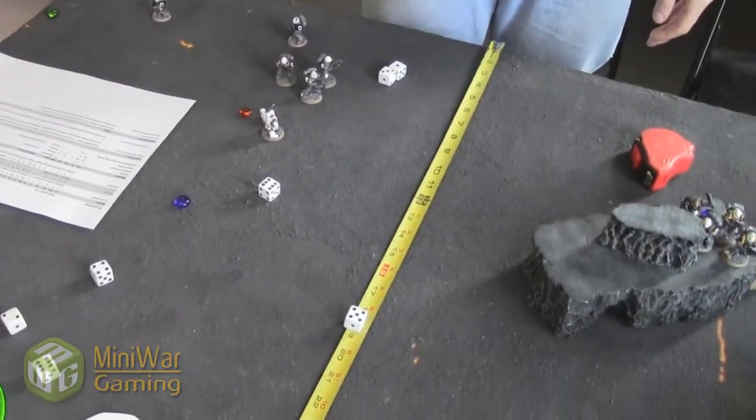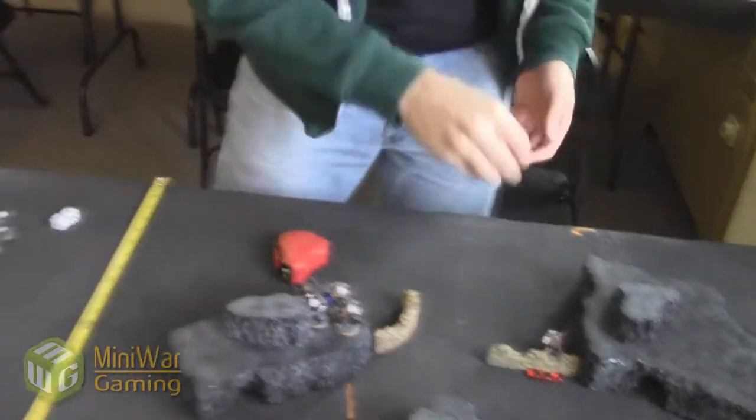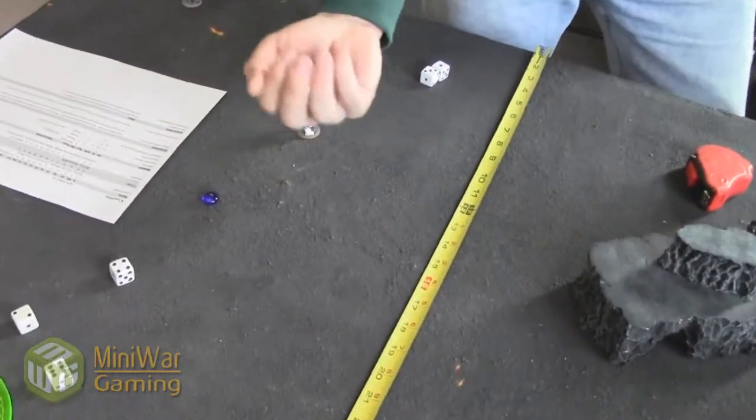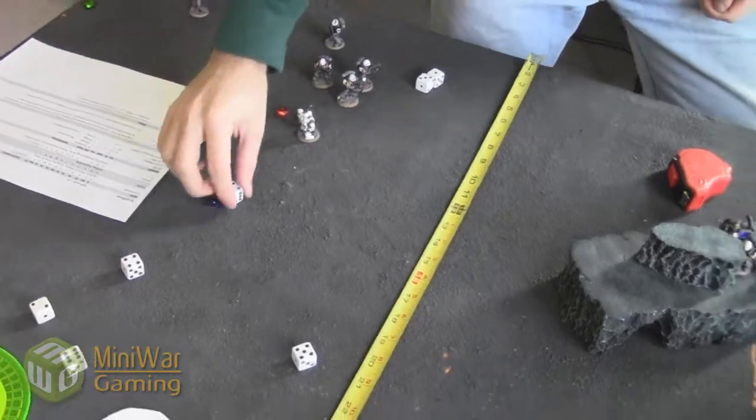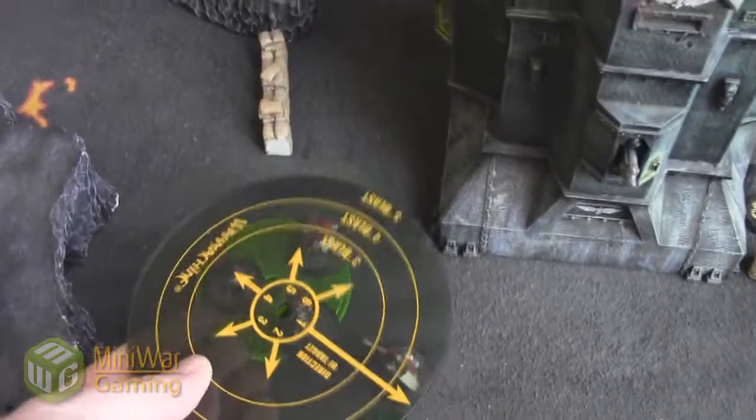Oh, you roll 11! What? Well, I'm going to re-roll that. Yeah, you don't need to use 2 command points for that one. Come on, 9 or less, you can do it. 9, there you go. So now the AoE is centered on it, and it's a 4-inch one in this